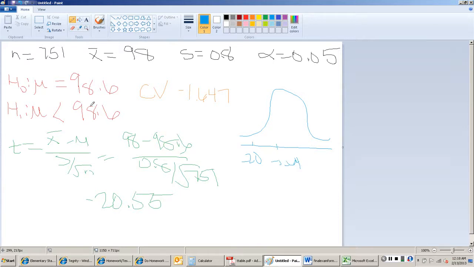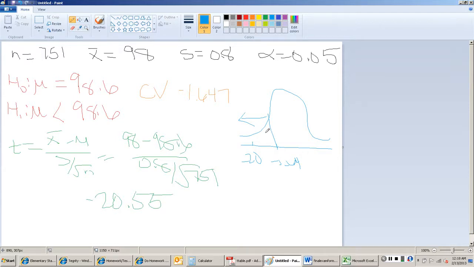Now we are less than. That means we want something smaller than the critical value. I've got this all confused because that's why you shouldn't write and talk. So this is our critical value, negative 1.64, and you want something smaller than this. Is negative 20 smaller than this? Yes, it is. So you draw your little chart, you put in your critical value, and